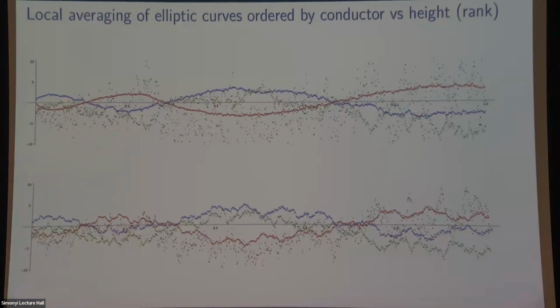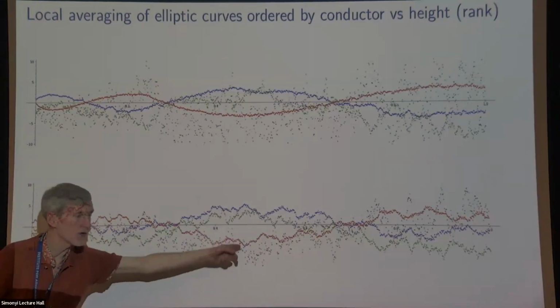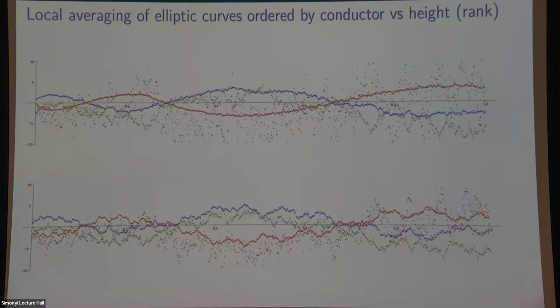All right, so here, blue is rank 0, red is rank 1, green is rank 2, and these brownish things are rank 3. Now, there are a lot fewer rank 2 and rank 3. There's quite a few rank 2, though, at small, even though 100% of them are blue and red. When you're looking at bounded conductor or bounded height, there's actually quite a few rank 2s, tens of thousands. There's a lot fewer, maybe only a few thousand rank 3. So this is not a huge sample size. But I think you can already see that there's some distinctive sub fluctuations in the rank 3 case that you don't see. I shouldn't point at this picture, I should point at this one. The red and the blue are much smoother than the green and the brown.